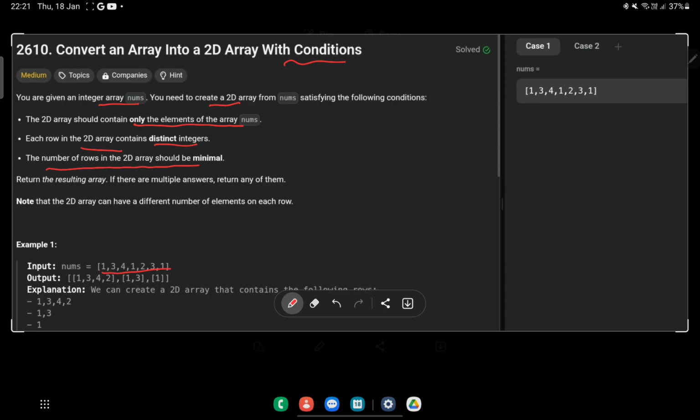The number of rows in the 2D array should be minimal. For the number of rows to be minimal, the number of rows should be equal to the maximum occurrence of an integer in the given nums. So first we need to find, in this nums integer vector, the maximum occurring element. Then we can see here 1 is occurring 3 times, so 3 is the maximum number of rows in the